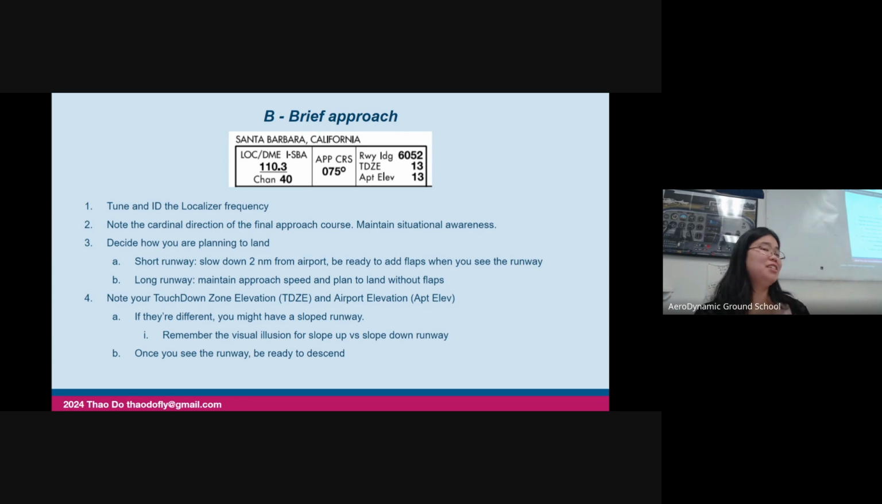And therefore I have different visual illusions than if the airport is sloping up. I need to know that, especially if I'm coming into a mountainous airport. For example, landing into Calaveras, there are different airports we've practiced where the runway is sloping down, and that's an entirely different visual than when it